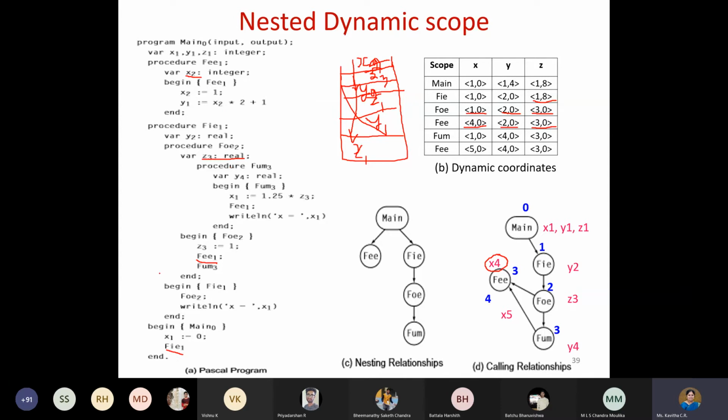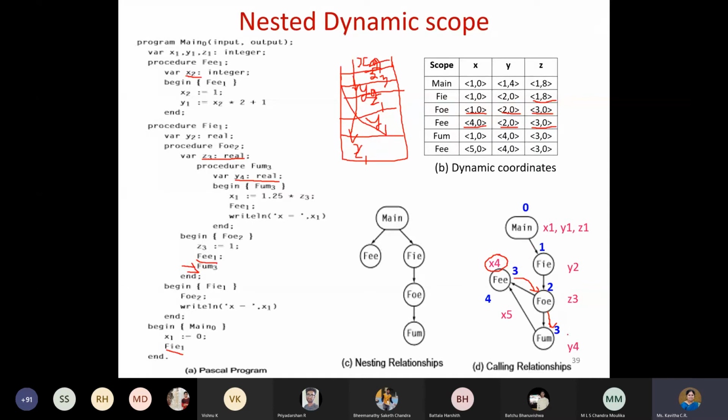So after FEE, when we have called FEE from here, the control comes back here and then it will execute FUM. So the control goes back here and then it will call the function FUM. Once it calls FUM, you see the FUM function. Within FUM, what is redeclared? It is redeclared for Y. And also you see the level, that is the depth of this particular function.